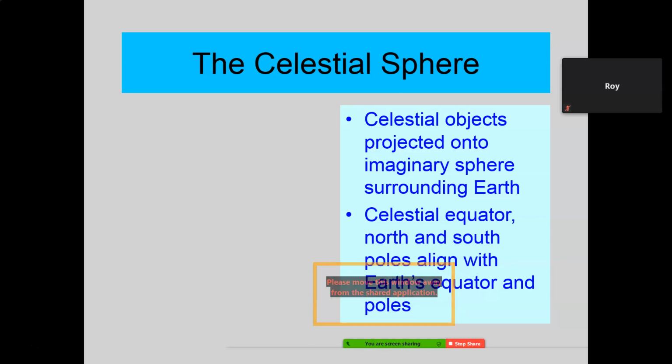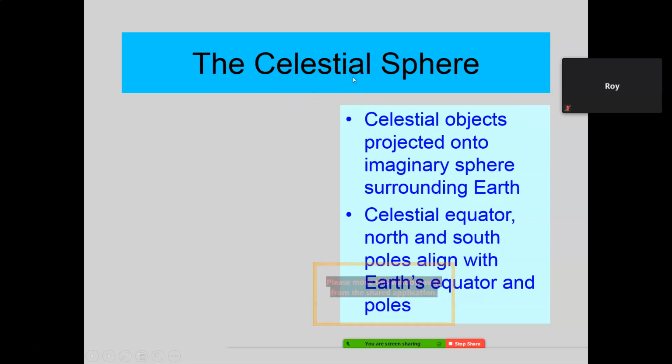Okay? If you looked at them at night before you went to sleep and then found the same one the next morning, it had traveled across the sky. In fact, you may not even be able to find that star because it traveled completely across the sky, because that celestial sphere seems to be revolving around the earth. So basically what it does is project the celestial objects, those stars, possibly the planets, okay, other things like that, onto an imaginary sphere that completely surrounds the earth. That's what they call the celestial sphere.